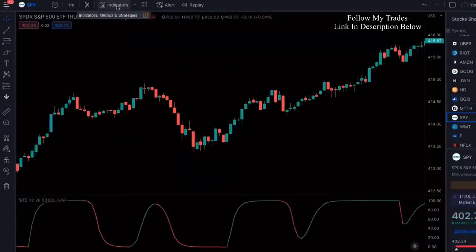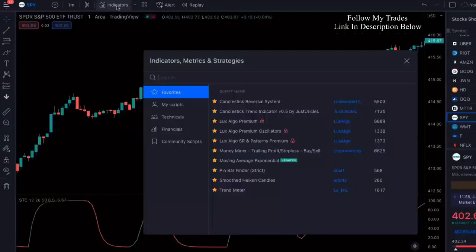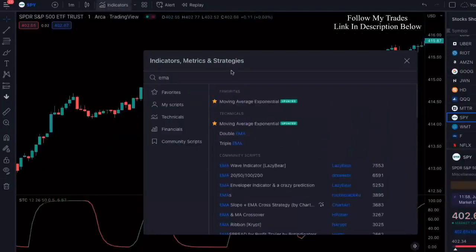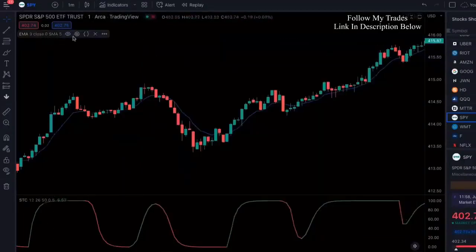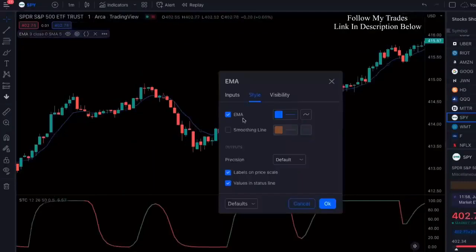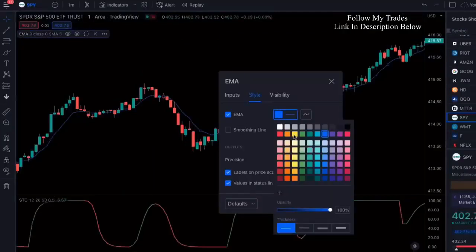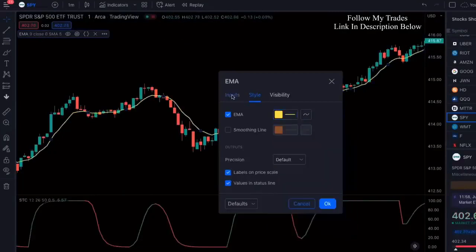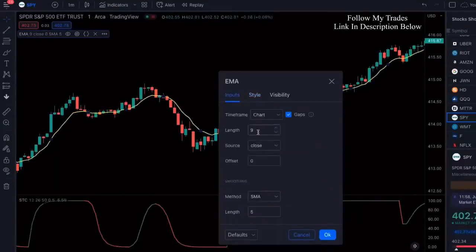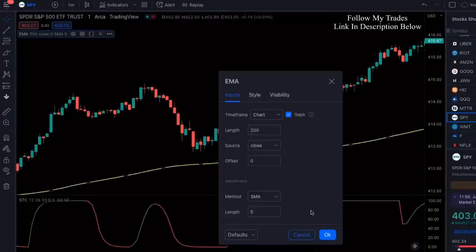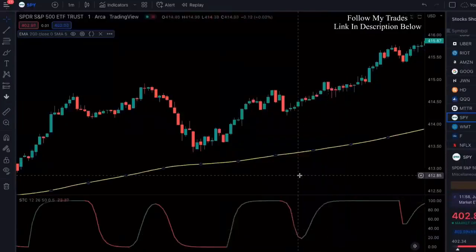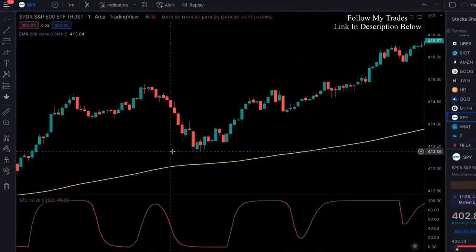All right. The next indicator that we're gonna add to TradingView is the exponential moving average. We're gonna make a change to that as well. Go into settings. I'm gonna turn this into yellow. And I like it looking a little bit thicker. And then go into inputs and change the length from 9 to 200, because this is what we're going to use to give us the bigger trend of the market to see if the market's trending up or